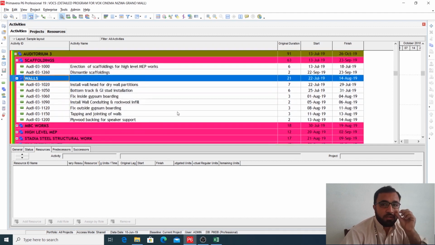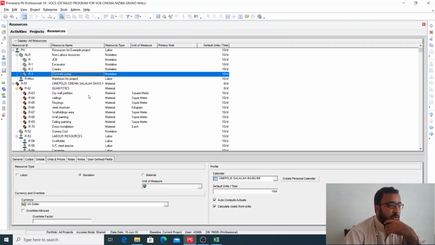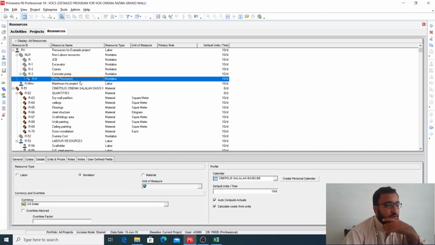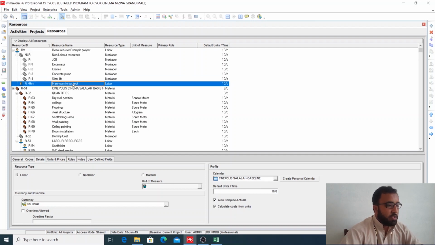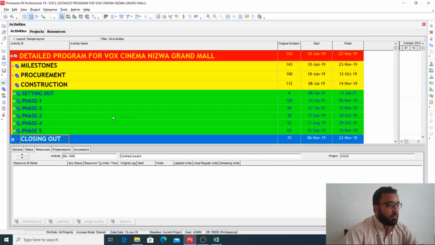So what I will do, to all the wall activities I will create one resource, mobile crane here, scissor lift. We need scissor lift here, for example, we need scissor lift for these activities,